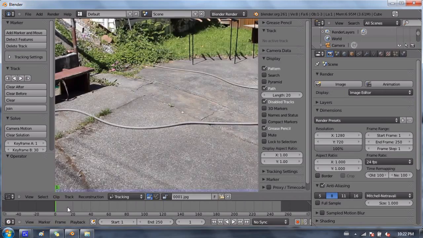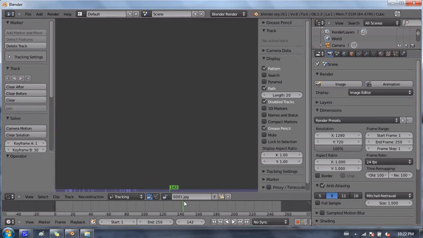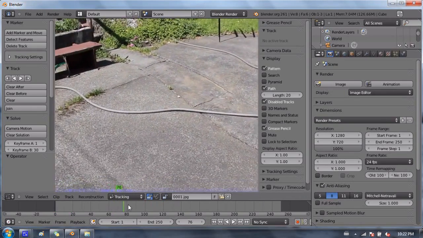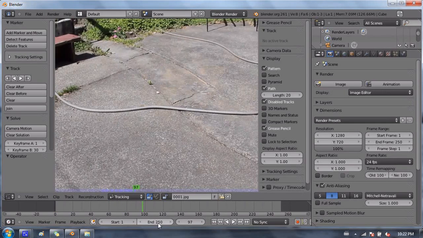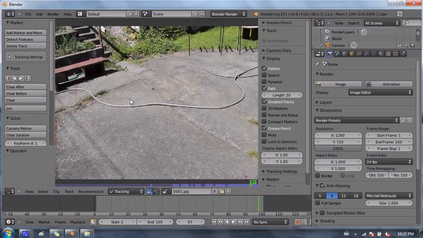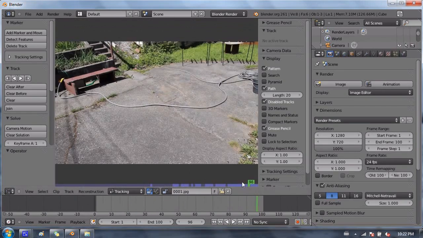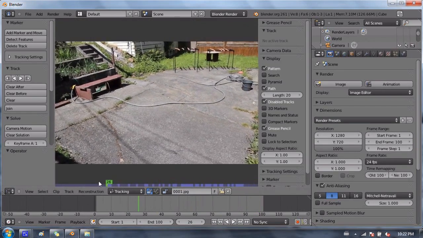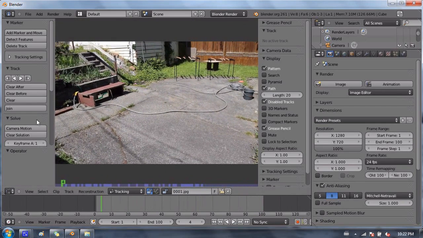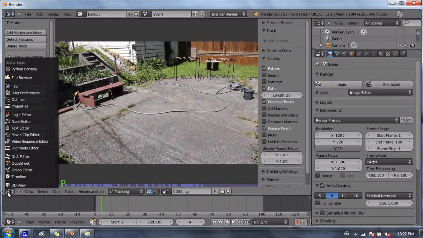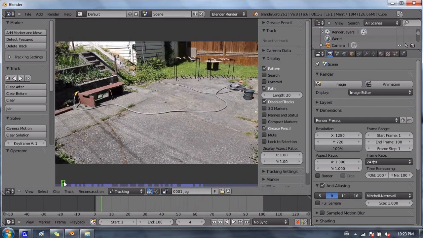And if I scroll through my timeline, it'll act just like a video. Now it's only 100 frames, so I'm going to go ahead and press end and type in 100, and then kind of zoom in by scrolling up on my timeline. There we go. Make that a little bit bigger. Okay, there's the video. And now, as you can see, as I kind of scrub through in this movie clip editor window, what is it called again? It's called the movie clip editor. As you scrub through,